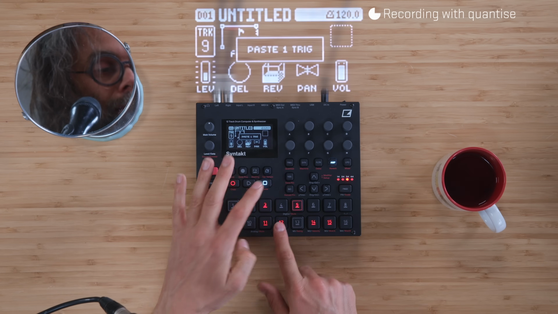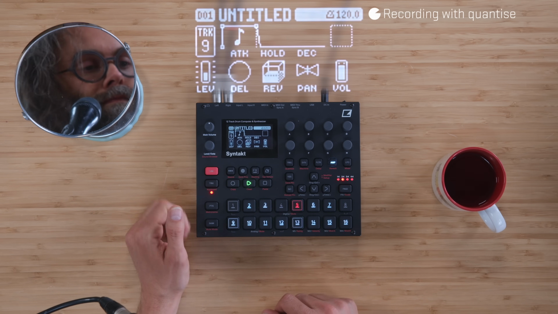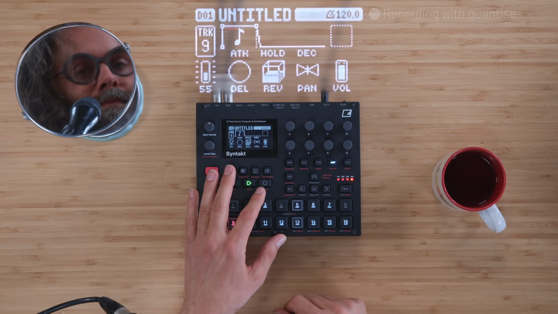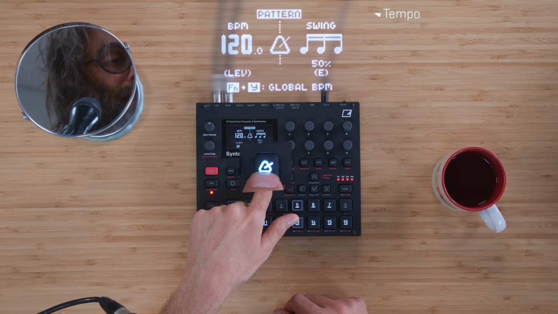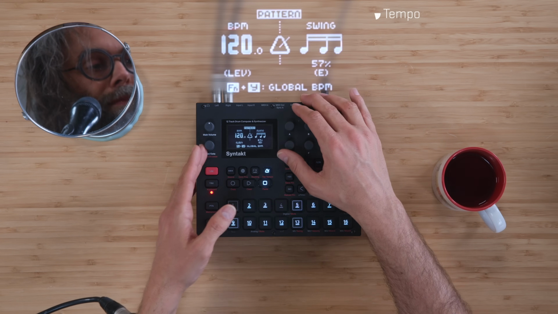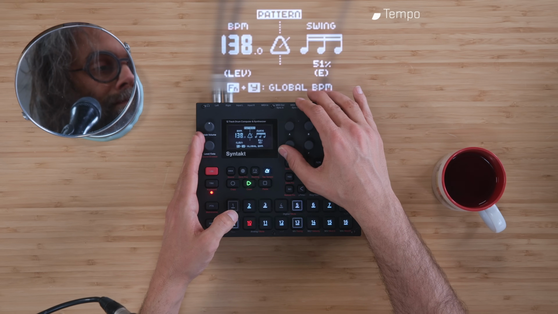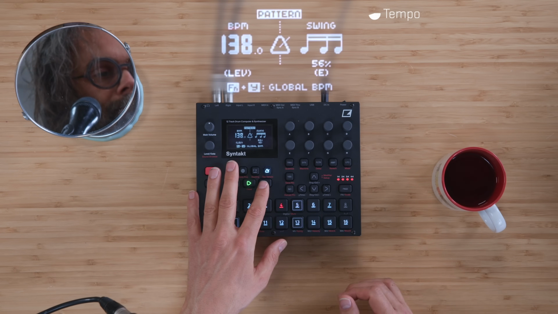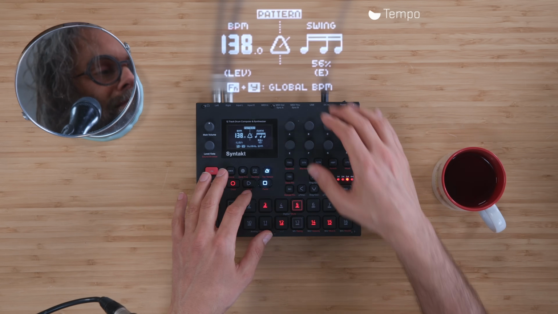But I'm gonna move that, copy, paste, and okay, tempo. We see this flashing all the time. I haven't even spoken about it. Tempo, yeah, it's a tempo. We can change the tempo. Swing. So in this faster tempo here,